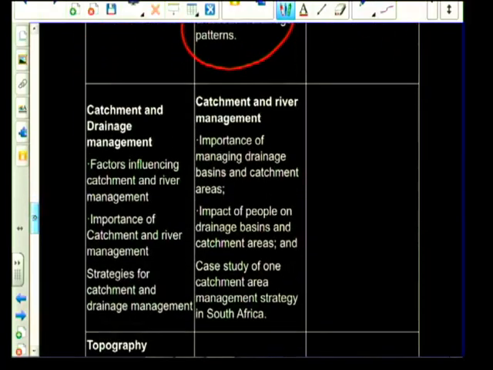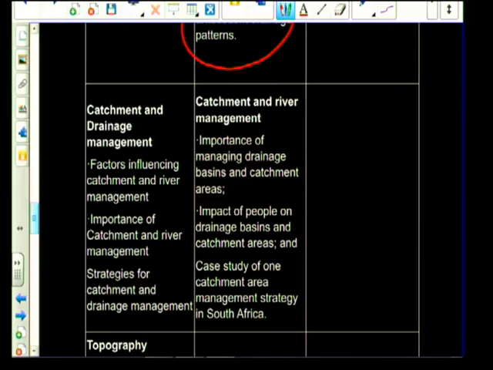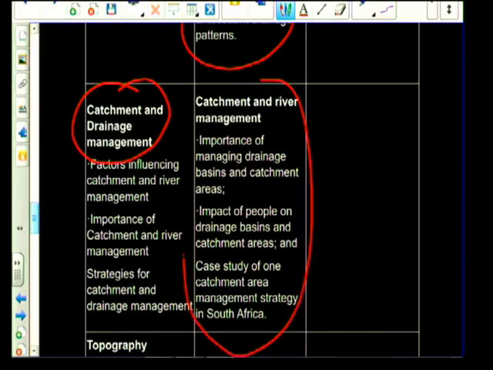Lastly, I don't know why learners consider this a new section. The only difference is we haven't done that much on catchment and drainage management in the past. It has been done in a little smaller section. Now there is more emphasis on this, including case studies and management strategies dealing in the case studies, specifically on